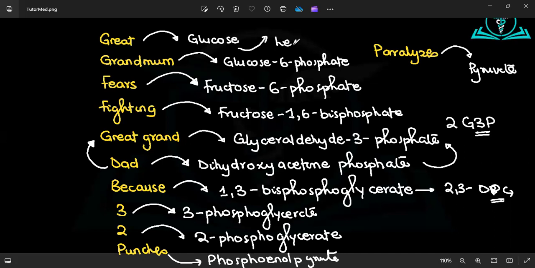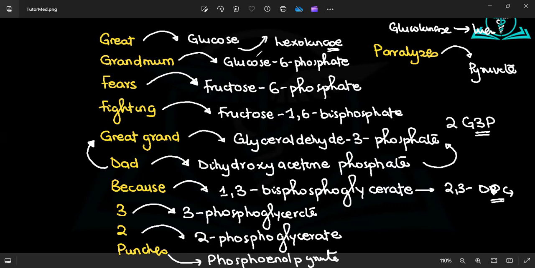That is hexokinase in most cells, but in the liver, it is glucokinase. In the liver, it is glucokinase. But in most other cells, it's hexokinase, the enzyme that converts glucose to glucose 6-phosphate. And you need to realize that